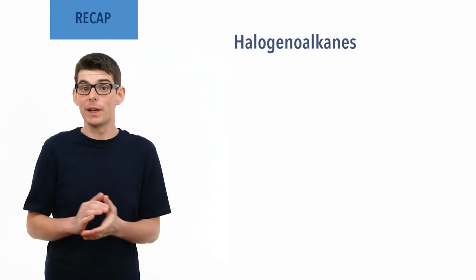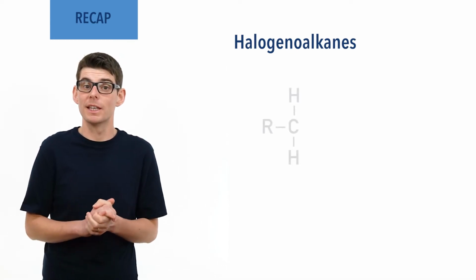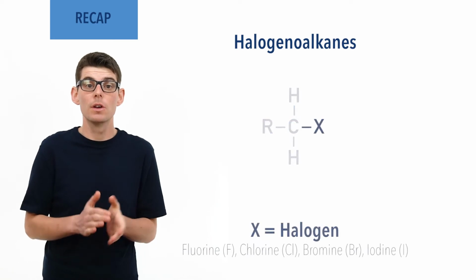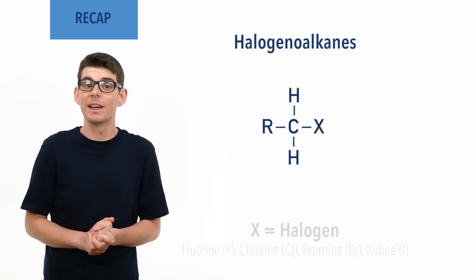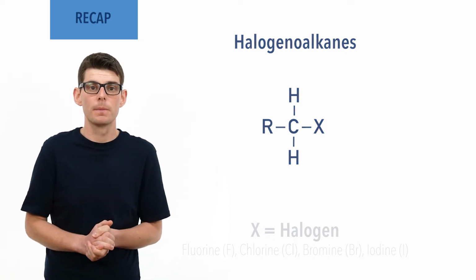Before we talk in detail about the reaction, there are a few essential ideas you need to be comfortable with. Halogenoalkanes, also called haloalkanes, are a group of compounds that contain an alkyl group, a carbon and hydrogen chain, bonded to a halogen: fluorine, chlorine, bromine, or iodine. In simple terms, they are like an alkane where a halogen has taken the place of a hydrogen.